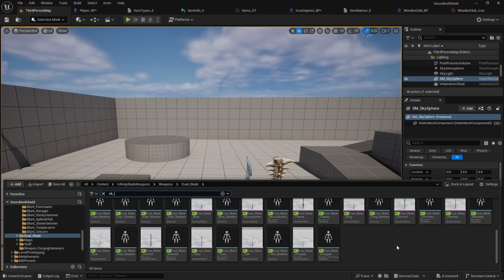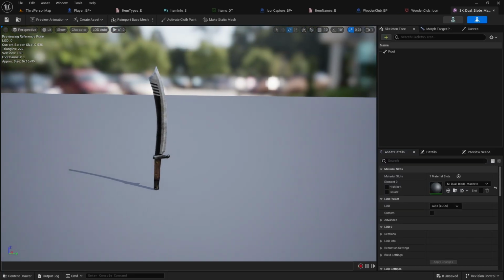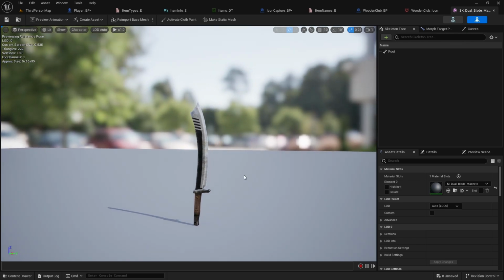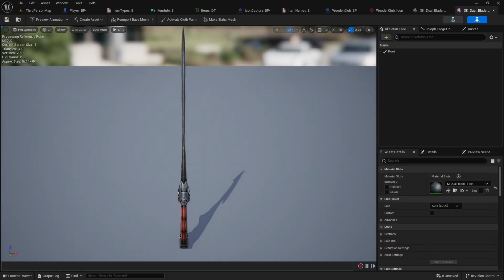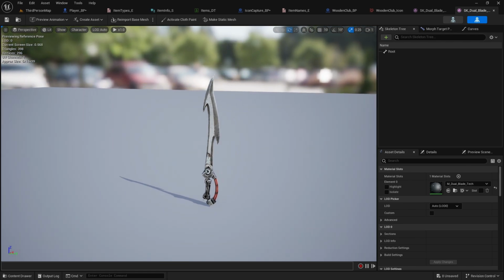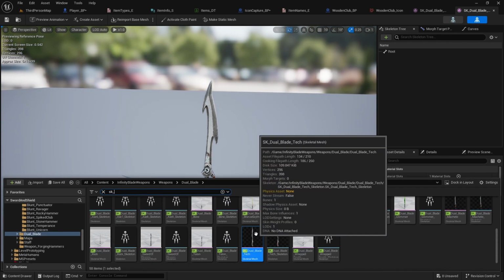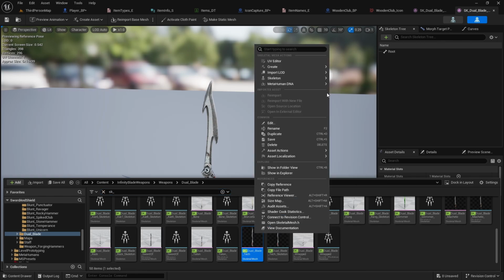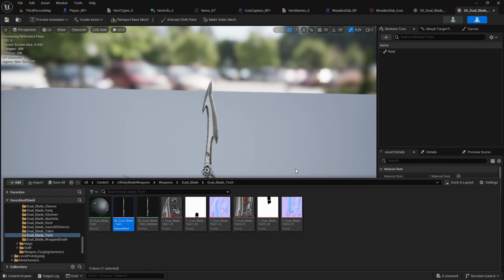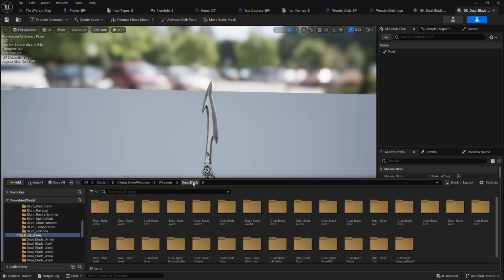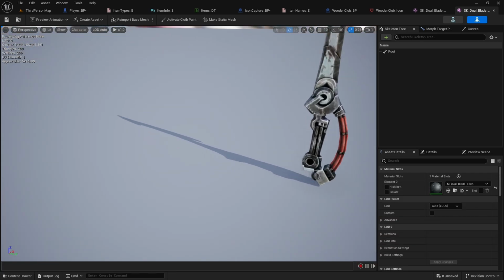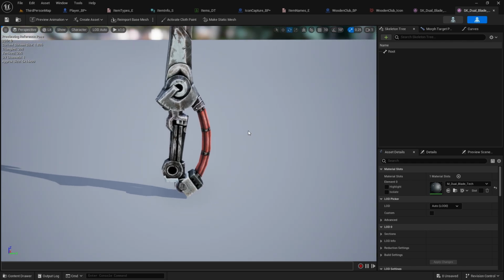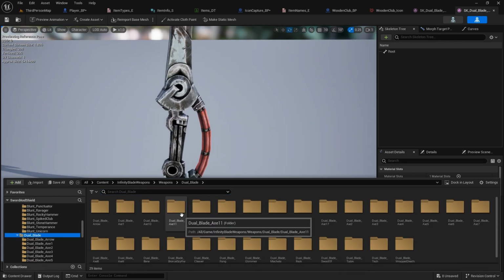Again, on something simple. Can that be offhand? Yeah, this could be an offhand. So this one is SK dual blade tech. Right click, show in folder view, dual blade tech, dual blade. Actually, do you know what? No, that's again not very medieval. I like to keep it a little bit historical, so